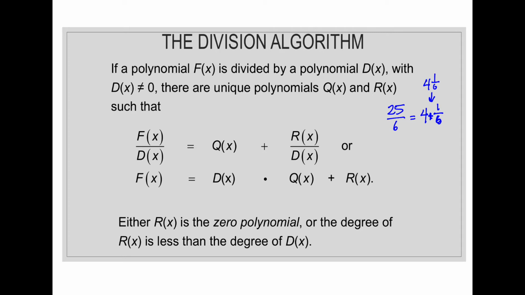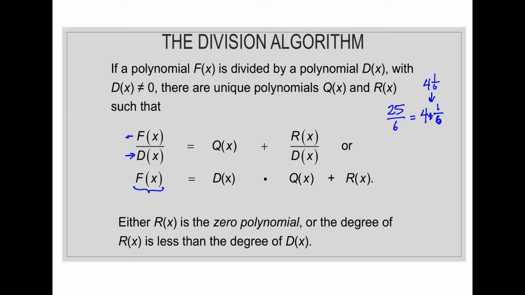There's a couple of ways that we can show this. If it goes in evenly, we say it's a factor, right? It is a multiple of the larger. It multiplies to give me evenly a larger polynomial. But if it doesn't go in evenly, we're just doing a division, and it's going to take one of 2 forms. So f of x being our larger polynomial here, if f of x divided by some polynomial as well, d of x,